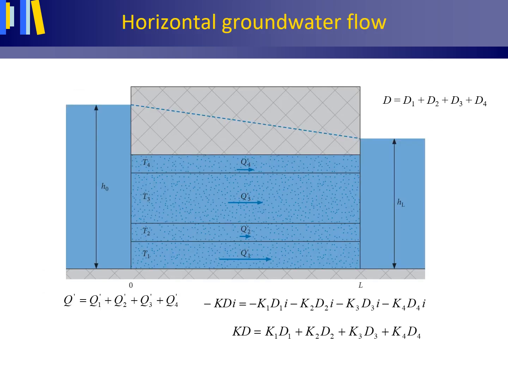This picture shows us steady groundwater flow through 4 horizontal homogeneous layers in a confined aquifer between 2 fully penetrating canals with different water levels. Groundwater flow is steady or stationary, and the boundary conditions are fixed. This means that the hydraulic gradient is the same for each layer. Continuity, the water balance, teaches us that the volume flux, or discharge, through the confined aquifer equals the sum of the volume fluxes of each layer.